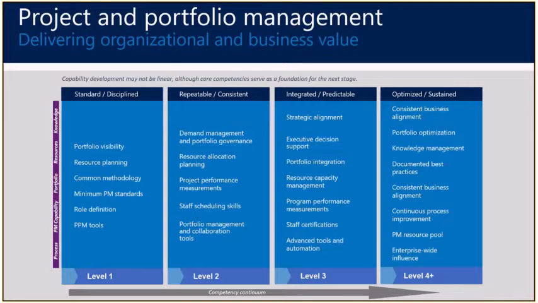And then once you move into that next level, it's much more repeatable, much more consistent. You can get a lot more data out of the system. So this maturity model kind of thing is something that you also need to think about when you're doing reporting. You're not going to get level 4 kind of reports in an organization that is still at level 1. So judge your reports and get them to reflect the maturity in your organization, and then you can move it up over time.